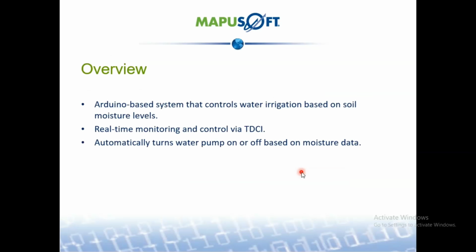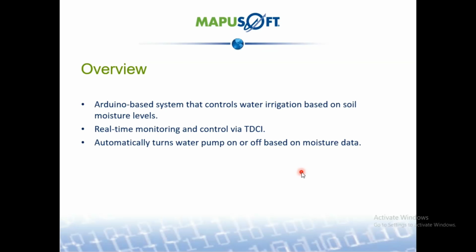Okay, let's see the overview. This project uses an Arduino connected to a soil moisture sensor to monitor the moisture level of plants. Using TDCA, we connected a simulated RTOS environment to the real-world hardware, allowing us to control and monitor the irrigation process in real time. The system ensures plants are watered properly when needed, improving water efficiency and